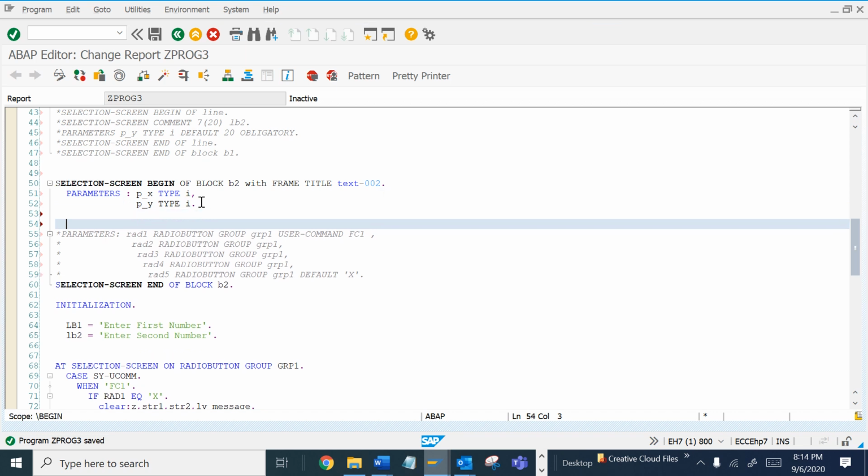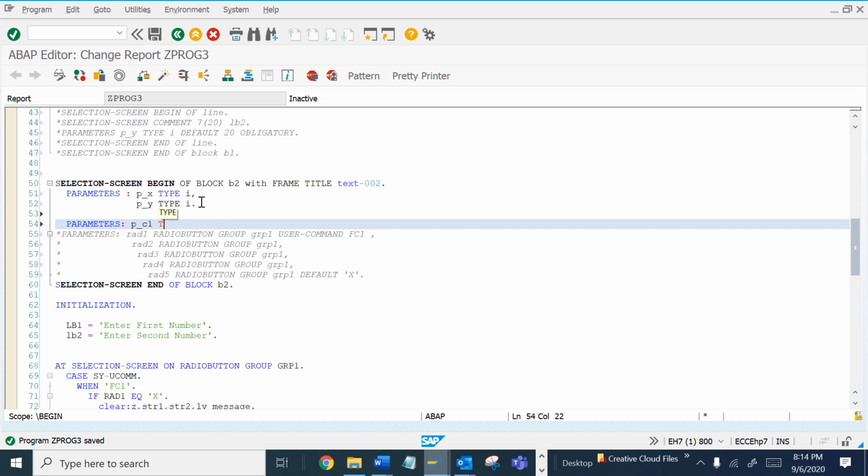Now suppose I want to declare checkboxes. How to declare any checkbox? In radio buttons we had to declare it as a radio button. Now suppose I want to declare it as C1 type checkbox.